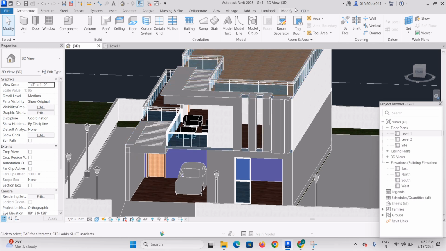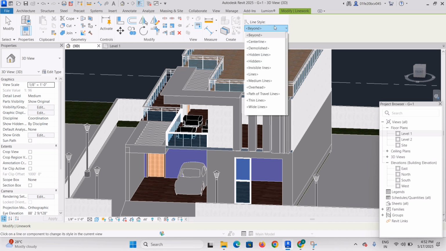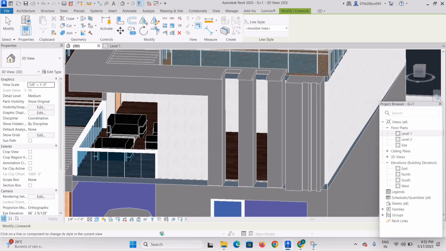To use the invisible line, go to the Modify tab. In that you can see the Line Work tool. Click on that. Select the invisible lines option from the Line Style drop down. Then after that you can see the lines. So click on that. Now you can see that the lines are not visible like this, and this got invisible,